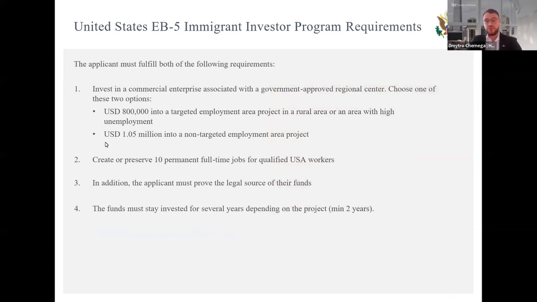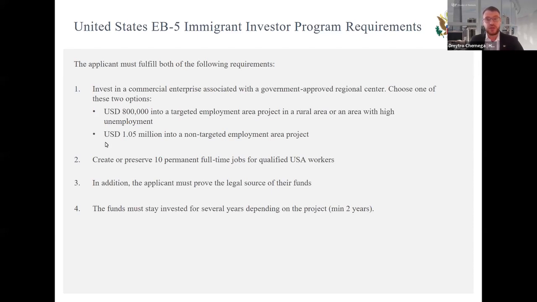So briefly, a few words on the eligibility requirements. We will cover these requirements in more detail in just a minute. But to qualify for the EB-5 program, investors must make a minimum investment of $800,000 into a project located in a targeted employment area, or